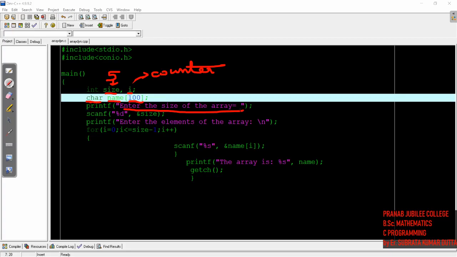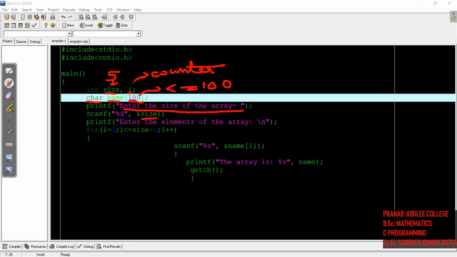Remember this value cannot exceed 100. It should be less than or equal to 100 always, because 100 is the maximum. If I had given 200, 200 would be the maximum. If I had given 10, 10 would be the maximum. Whatever size the user enters will be saved in the variable size, like we normally do.